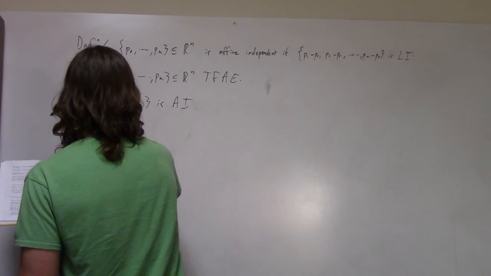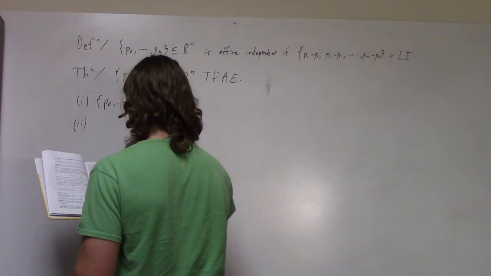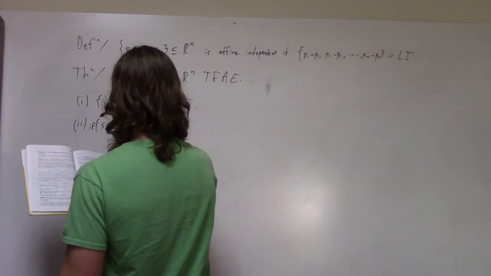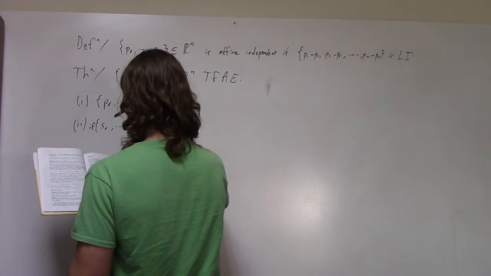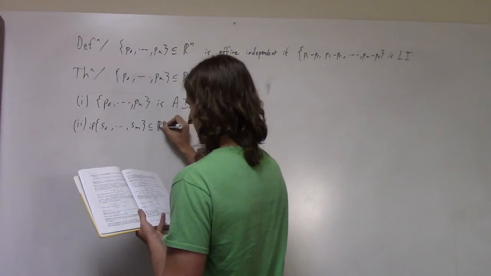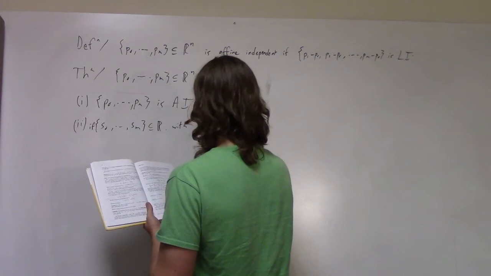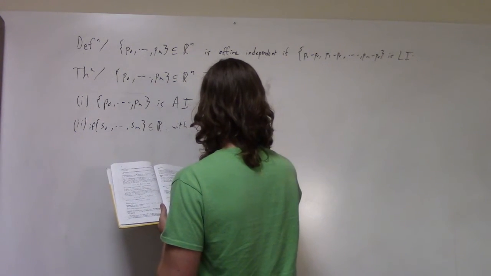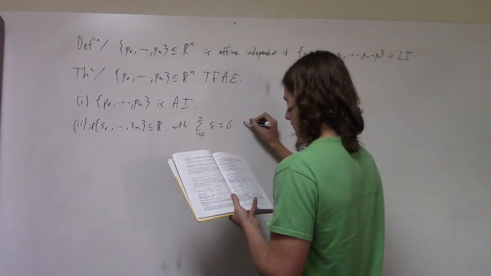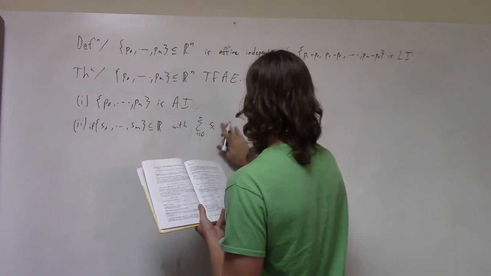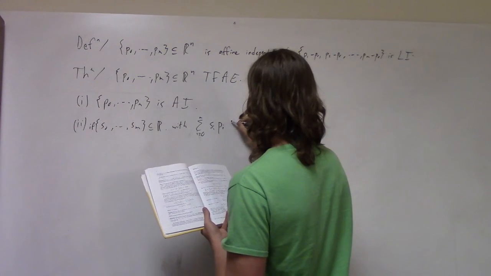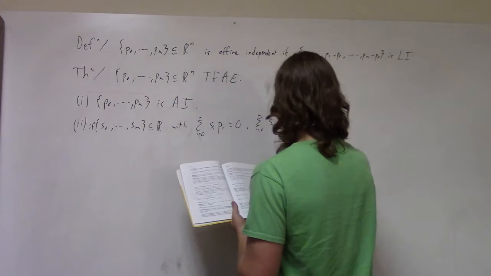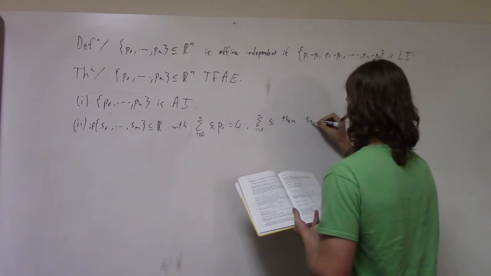Sorry, it's not computer stuff. And so, okay, now if you have this set of coefficients, all of which are in R, with the sum being equal to 0, then if the sum of these coefficients times p_i is equal to 0, and the sum of these coefficients is equal to 0, then all of these coefficients are actually going to be equal to 0.